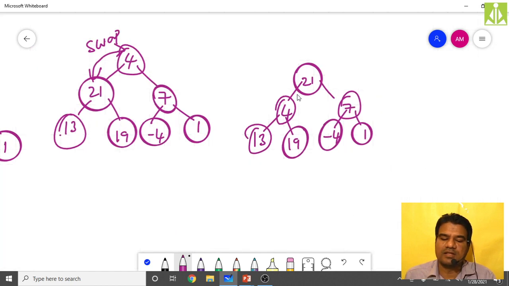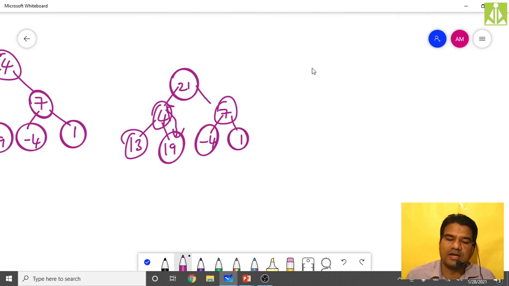Again, even after this swapping, still 4 you have to compare with two of its children, that is 13 and 19. So when I'm doing the comparison between 4, 13 and 19, 19 is the greatest, isn't it? 19 is the greatest, so I have to swap this 19 with 4. So after that, what you will get?